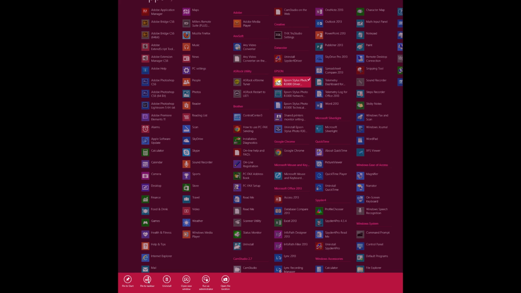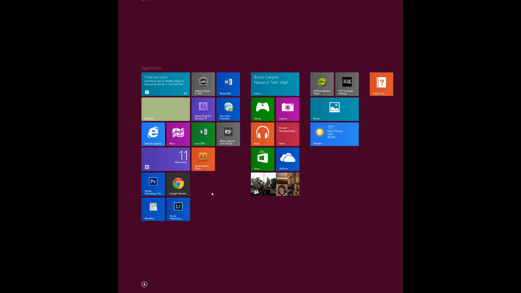I have a pin to start and I have a pin to taskbar. Pin to start will add this application into the tiles desktop screen. If I pin to taskbar, it'll pin it into the traditional Windows desktop. So let's pin this to the taskbar, and I'm going to escape out of here by clicking on my Windows icon. Takes me back to my tile screen, and then I'm going to click on my tiles desktop,